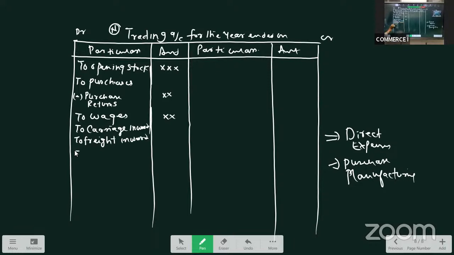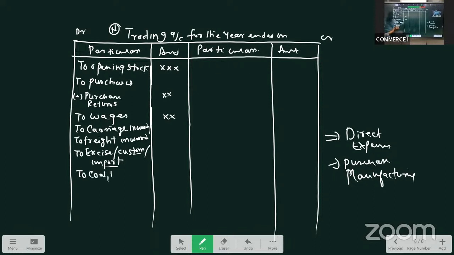Then excise duty, custom duty, or any other duty, import duty. Duty is again a tax paid on purchases. So if you purchase something and you are paying custom duty or import duty, or excise duty, all such taxes we have to take in trading account. Excise duty, custom duty, import duty. And then